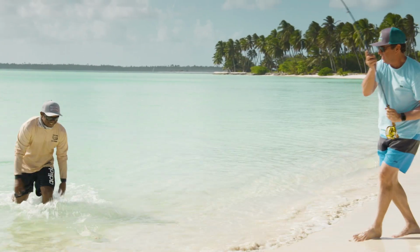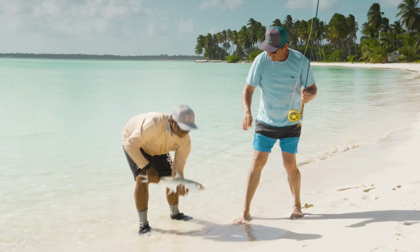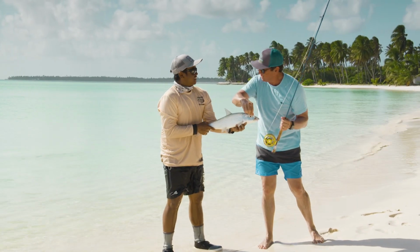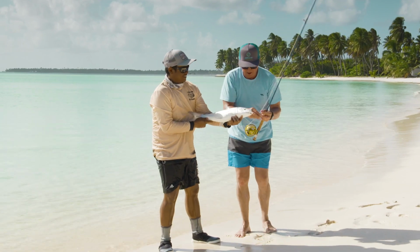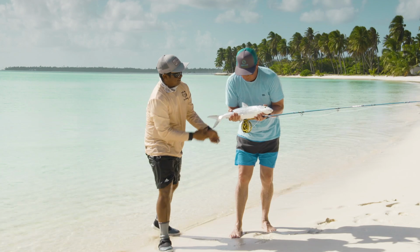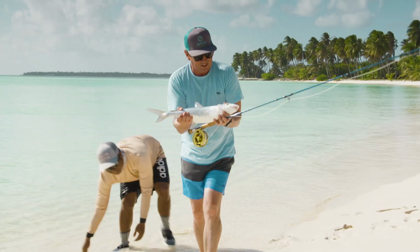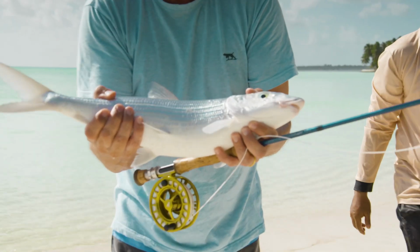Look at this. There you go. That's what we're talking about. That is a bonefish, isn't it? It is. That is awesome, mate. That is, look at him. He's a big fish. It's like a giant white. Look at this. Look at this. What a beautiful fish. He's all muscle too. He's just